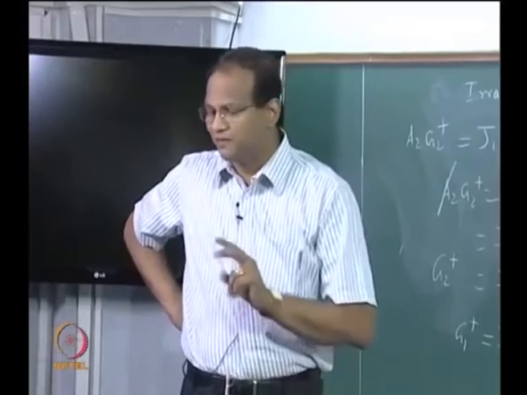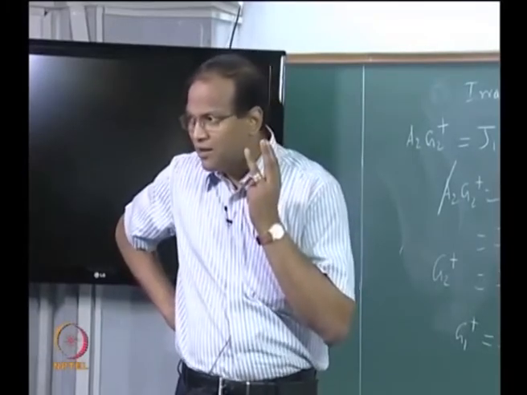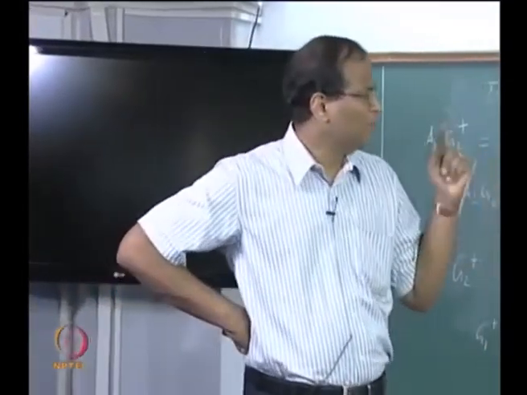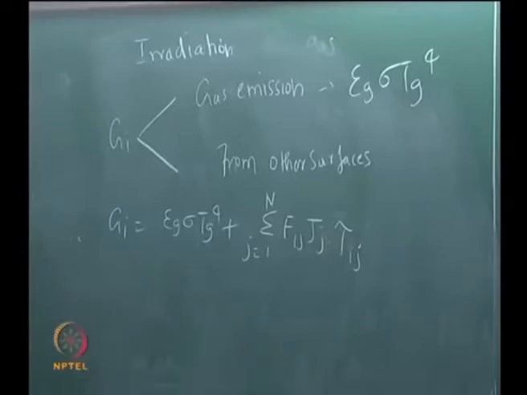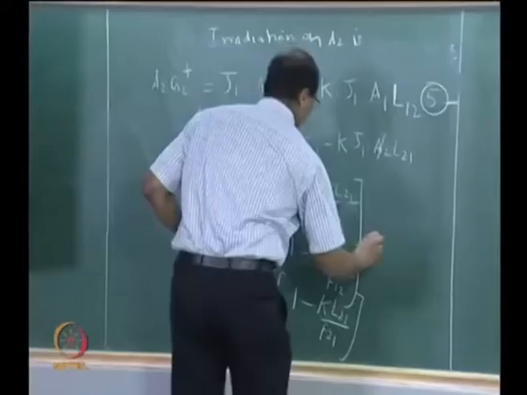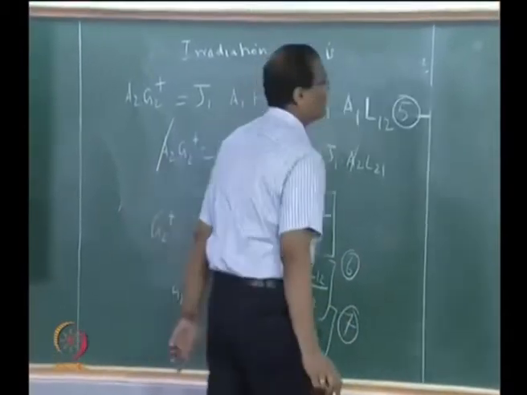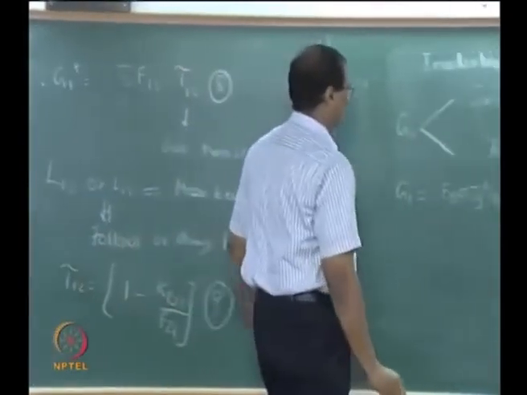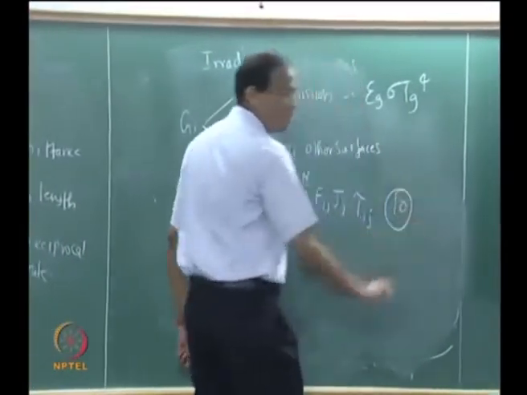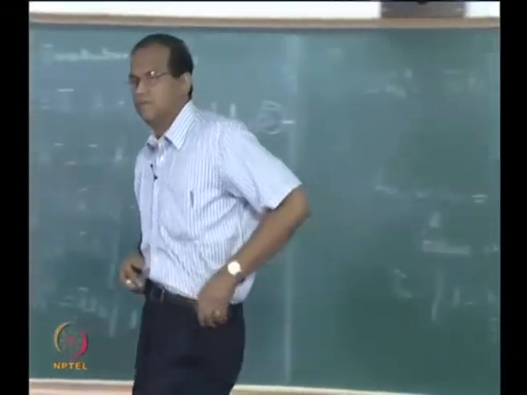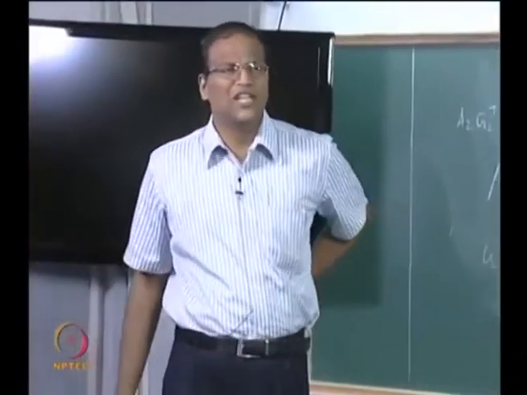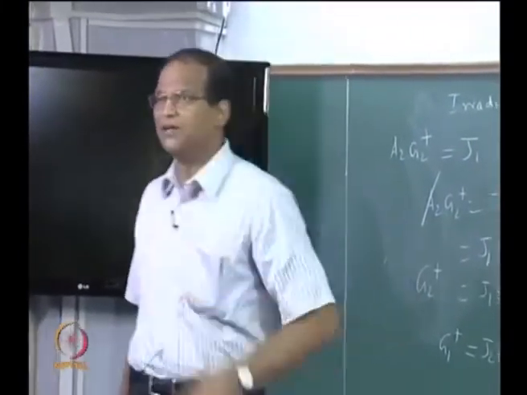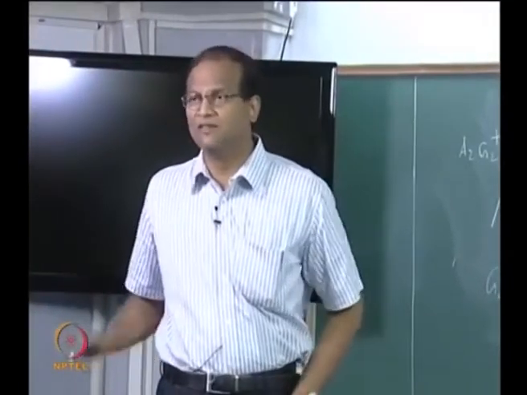There are two important changes. The first change is we have an emission term in the irradiation also. That is, we have to account for the gas emission. So there are two changes with respect to the theory of evacuated enclosures. The irradiation term consists of an extra emission term, and then within the summation I have the gas transmittance included